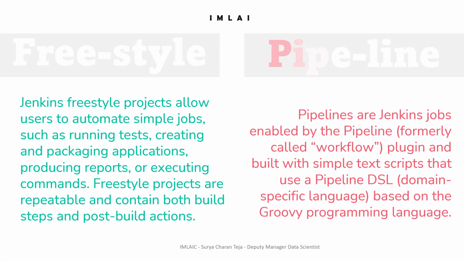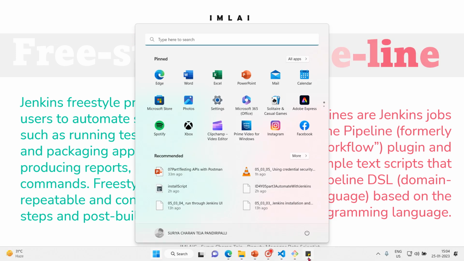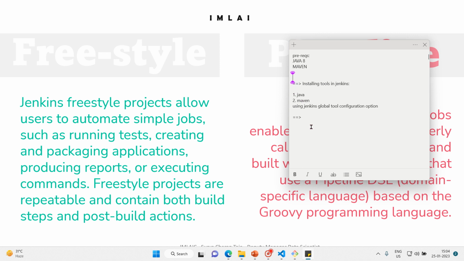So now it's time to create our first job. For that, let me open. So the first step was done, installing tools in Jenkins and configuring the tools. So now the second step is to create a Freestyle job. So we are gonna fetch source code from the GitHub using git, and